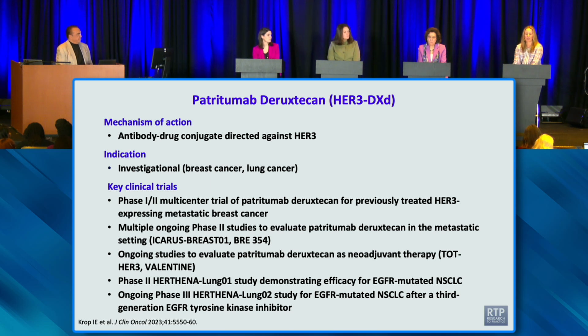And another interesting thing about this, along the themes of what we've been talking about for antibody-drug conjugates, is that it doesn't appear that we need to test for HER3, whether patients have less than 25% expression of HER3 on the cell surface, 25 to 74, or over 75%. All of these patients really get meaningful responses. So this is another one we're probably going to hear more about, and it makes it a little bit more tricky when we think about how we ultimately may sequence these drugs.